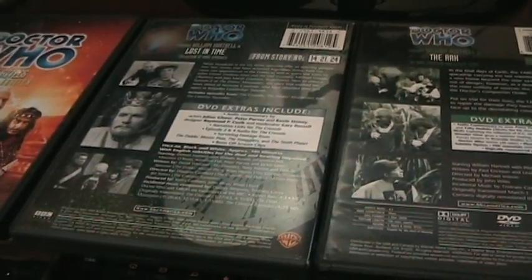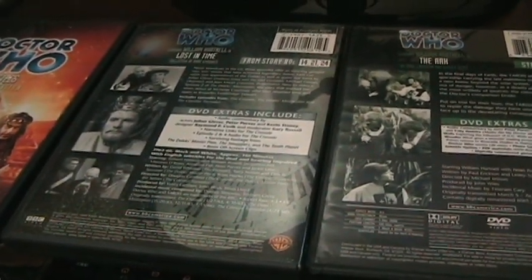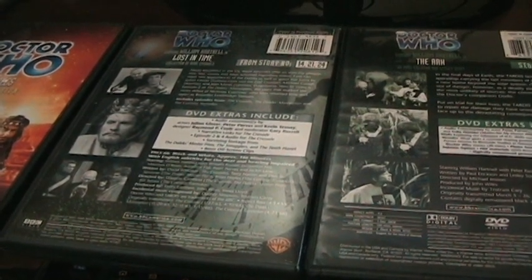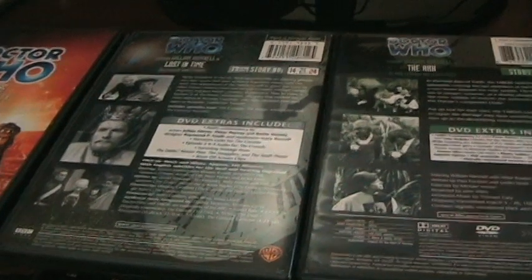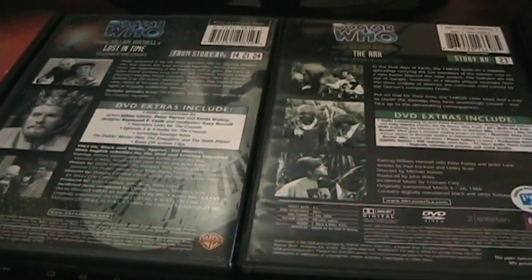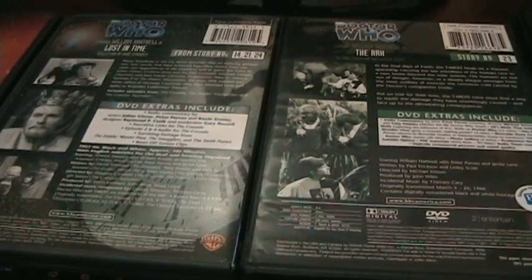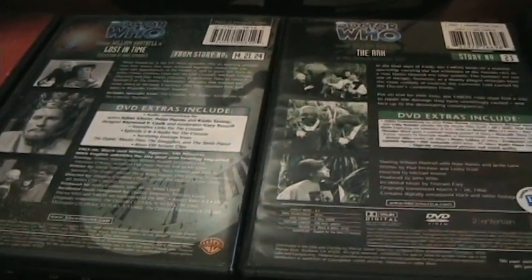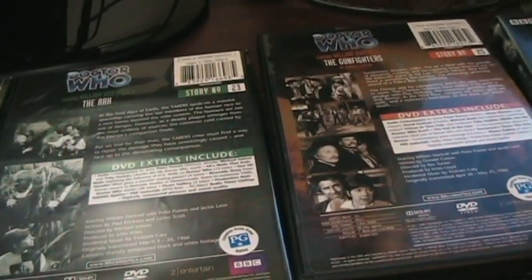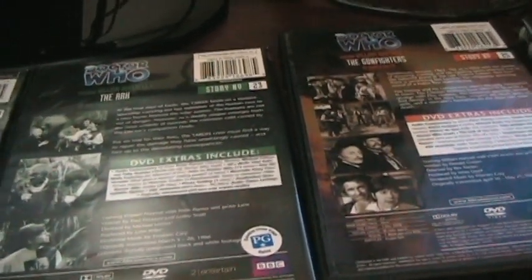And like I said, hopefully a lot of us are keeping our fingers crossed, but they seem to be increasing animations. There's a few of them coming out later this year. So yeah, no, to BBC, please animate. If you want to support that, buy the animated releases that come out so they can justify the animation costs if you're a Doctor Who fan. But anyways, so